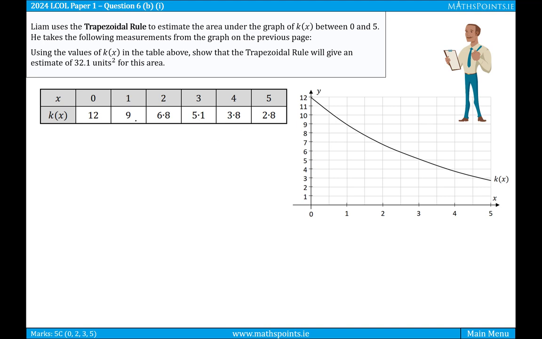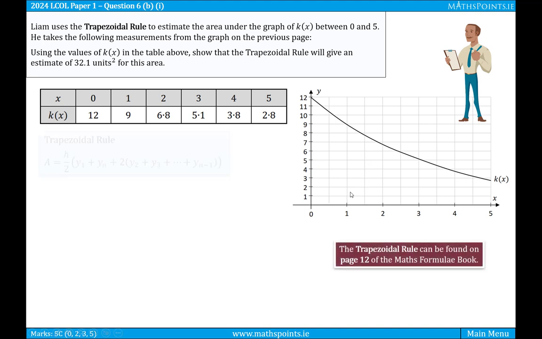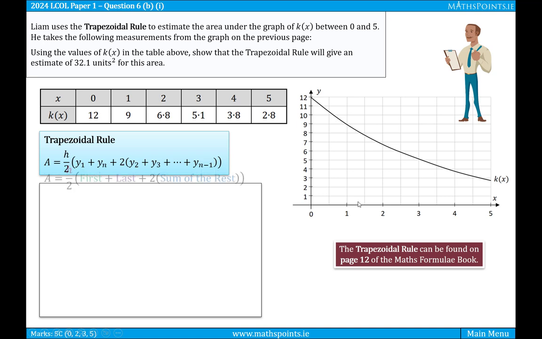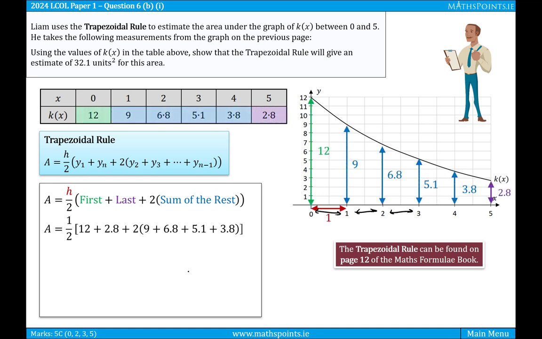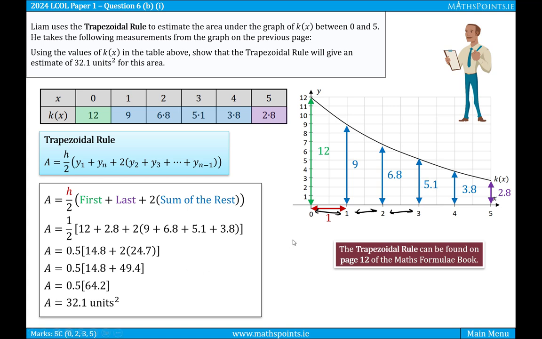And so these stand for heights that we can use with the trapezoidal rule to find or estimate the area under this curve. So again, we're going to write down the rule, and this is our short way of remembering it. So h over 2, first plus last plus 2 times the rest. H is the gap, and in this case the intervals are 1, so the gap or the widths are 1. The first height is 12, the last height is 2.8, and then the rest of the heights are 9, 6.8, 5.1, and 3.8. So we're going to pop all the information into the formula, and we can use our calculator just to work it out. The area that we've estimated under this curve,